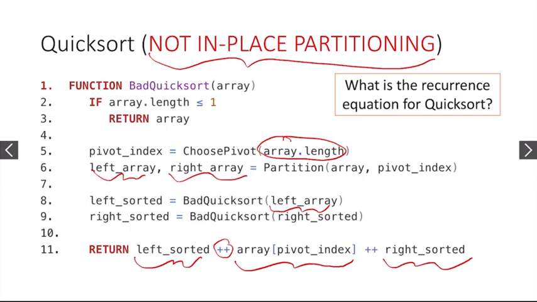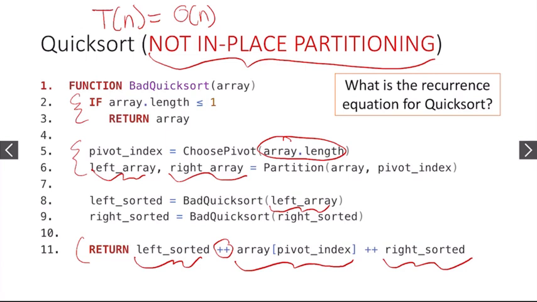Okay, well, what would be a good recurrence equation for Quicksort? Like I said, this isn't the version we'll implement, but it's close enough that we can start thinking about the recurrence equation. So write out a recurrence for this code. Well, I think a pretty reasonable one is to notice that all we're doing outside of Quicksort is a bunch of constant stuff, and then something that's probably linear, just based on how I described partition. So we'll have T of n for Quicksort is equal to big O of n for the stuff done outside